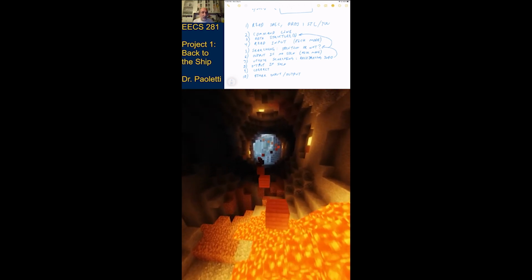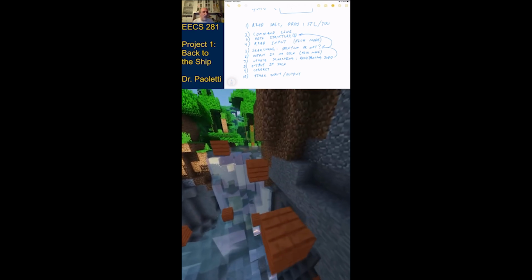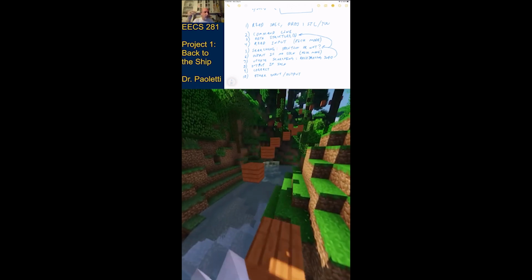Along the way, you should be creating test files and submitting things to the autograder. You don't have to have all of this working before you submit to the autograder. You can submit hello world and some test files and start earning points. And also, when you get to the point where your program is partially right, as we go through your test